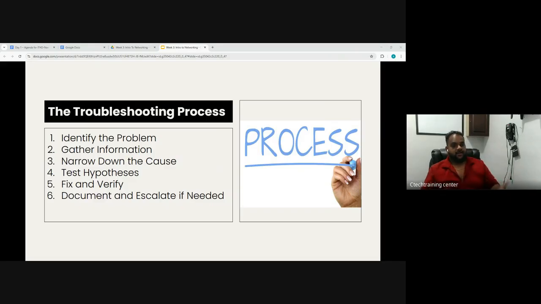And then you would verify if the issue's been fixed by testing it. If it's fixed, this is the last step that a lot of people don't do, or don't understand. It's called document and escalate if needed. So document meaning, if you have fixed the issue, you would write in the ticket. When I say ticket, you'll have hands-on experience with it, don't worry. You'll write down exactly what you did to resolve the issue, and that you have verified that the user's issue has been resolved. Then you can save it and close it.